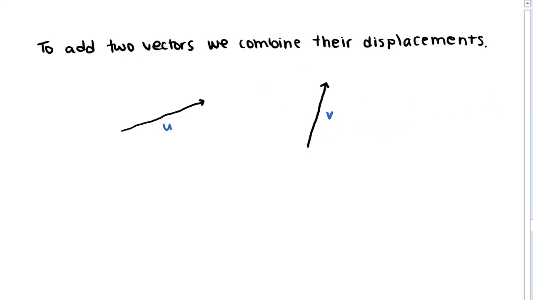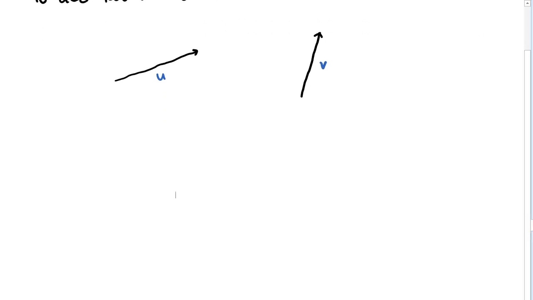So we'll want to do mathematics on vectors. And the first thing that we should define is what it means to add two vectors together. If I think about vectors as representing the displacement of some object, moving it a particular distance and direction, then adding two vectors represents combining those displacements. So in other words, if I want to think of the vector u plus v,